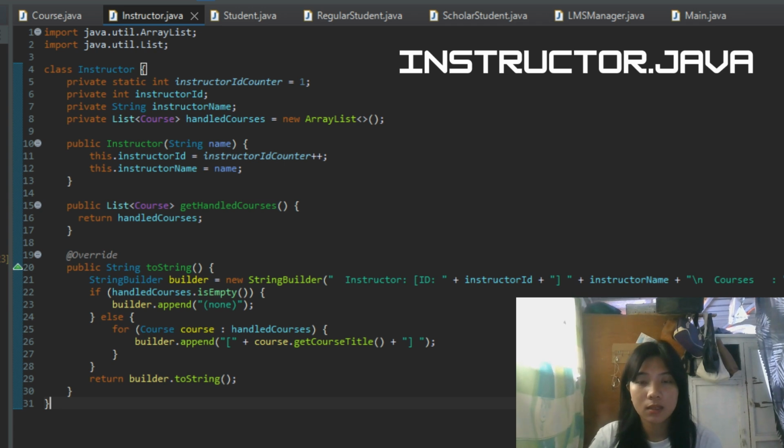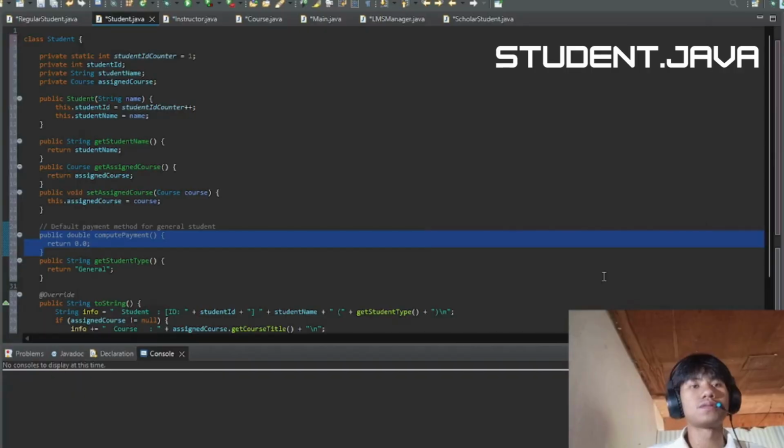Inside this method, a StringBuilder is used to efficiently construct the output string. It displays the instructor's ID and name followed by the list of courses. If the instructor does not handle any courses, the program displays none. Otherwise, it loops through each course in the list and appends the course title to the output.